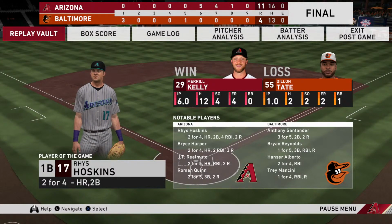The final line score for the ball game tonight. First for the victorious Diamondbacks,